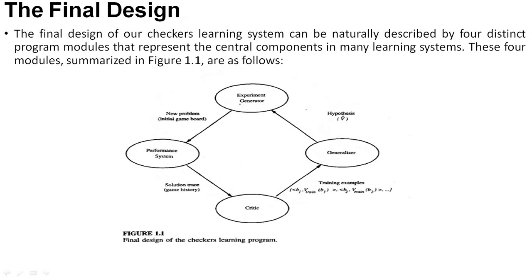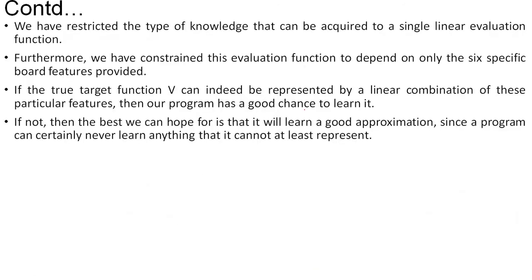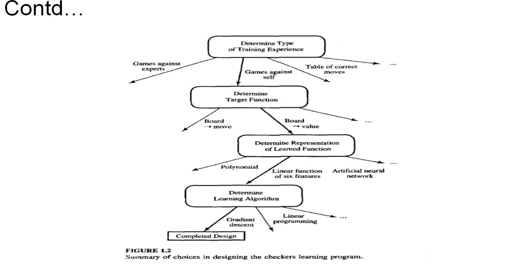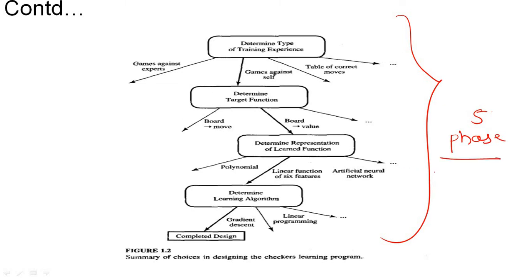So I think this is about the final design phase. We have covered each and every step clearly in all the videos of these design phases of machine learning. We have covered all these 5 steps clearly. Coming to the next, this is one diagram that you need to remember, all these steps, what the input is for each, and what the output is for each. All this has been written here. Please go through it; this is the summary of all 5 steps, the 5 phases that we have studied in the previous classes.